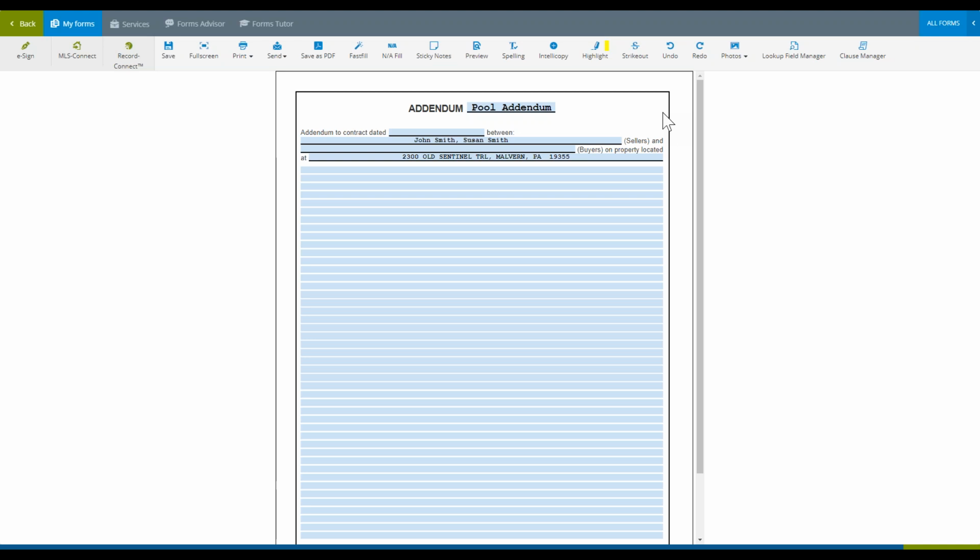The difference is because in any addendum that you have, one of the problems that you used to run into is that you would have a need for multiple addendums. Well, you need to have addendum 1, addendum 2, addendum 3, and these forms were supplied to us from the associations. So they got a lot of feedback from their agents saying that we need multiple addendums because in this case you see I have a pool addendum, and this general addendum covers the scope of a general addendum. Well, say I have something that also covers lead-based paint addendum or something else that would fall underneath the umbrella of addendum.